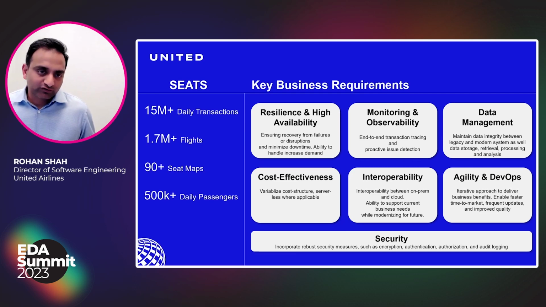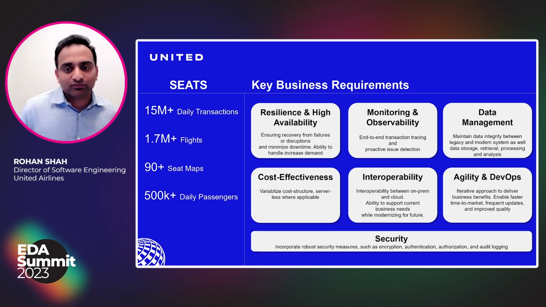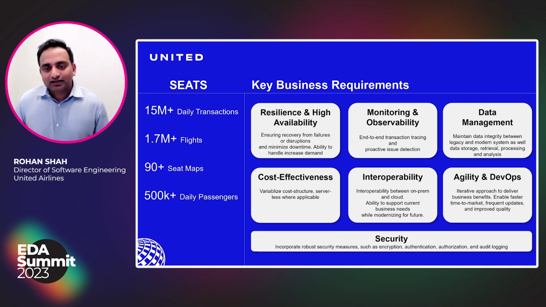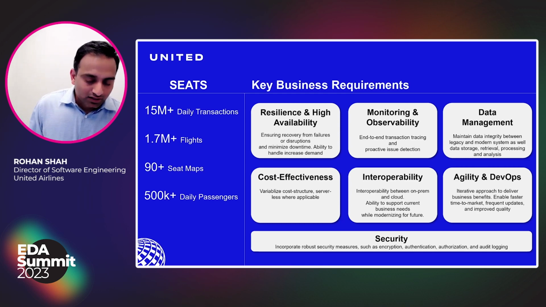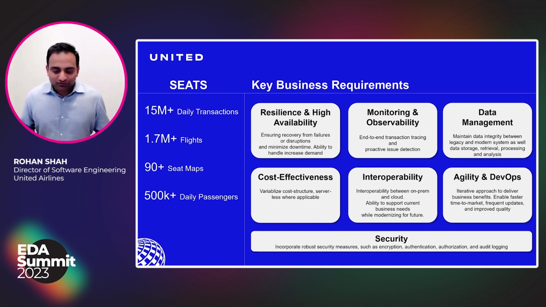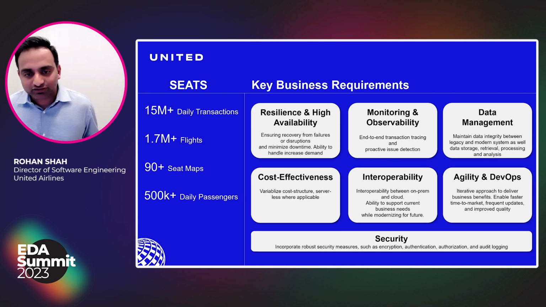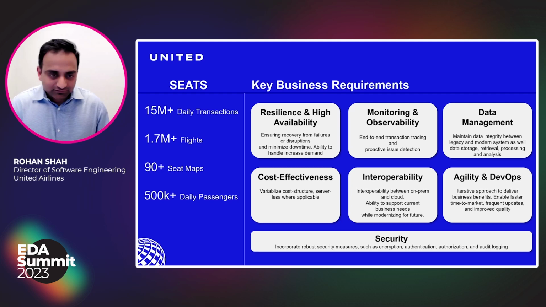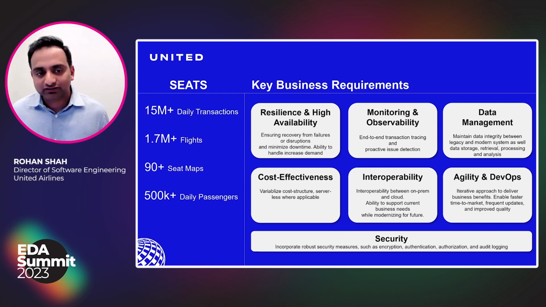Plus, it was very important for us to not take any kind of big bang approach, rather taking a small step, moving one piece at a time. And for that reason, it was important for us to maintain data integrity between the new system as well as the old one. And the other two, cost and security, are the key pillars for our overall architecture. And with that, I'll pass it on to Hemal, who will walk you through how we are accomplishing this key